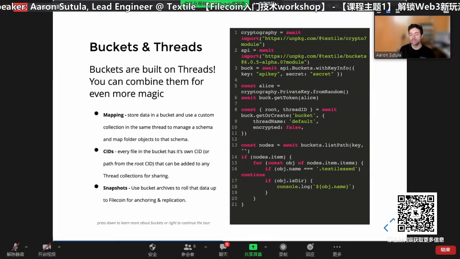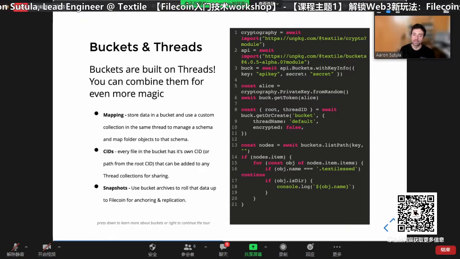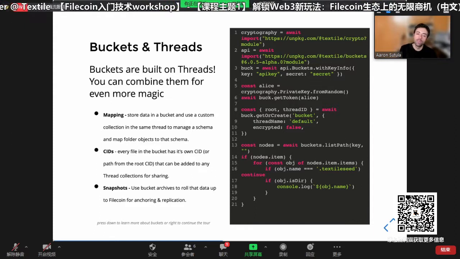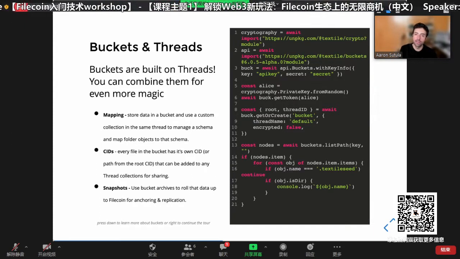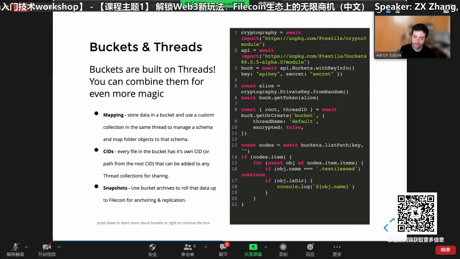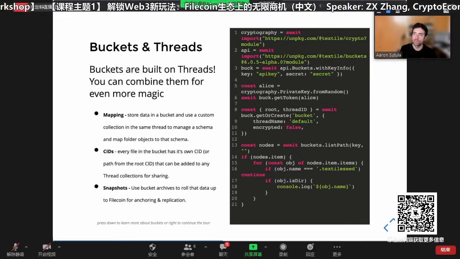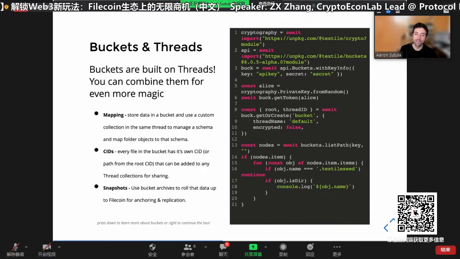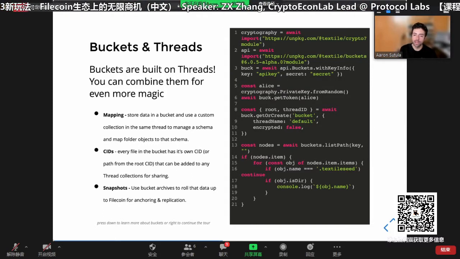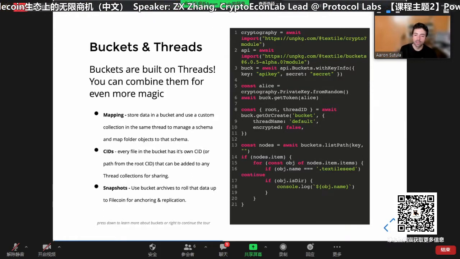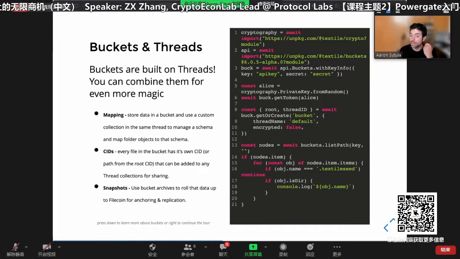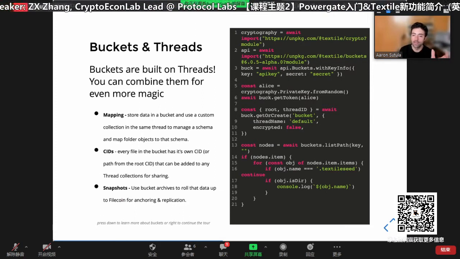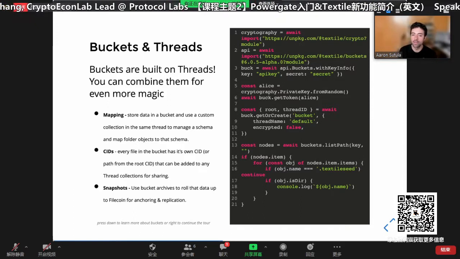Now, a really interesting and powerful feature of Buckets is that it's actually built on top of what we previously talked about, the Threads technology. And you can combine those two technologies to make them even more powerful. So if you think about how this is implemented using Threads, we basically defined a Buckets schema, a data model, registered that within a thread database collection. And so every time a bucket is created or updated, it's really updating the underlying Threads database